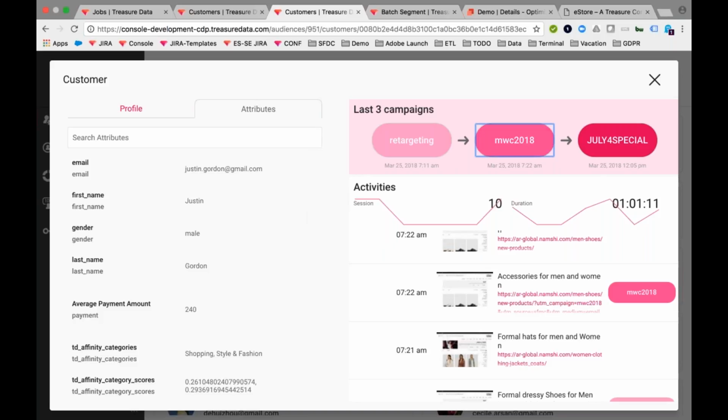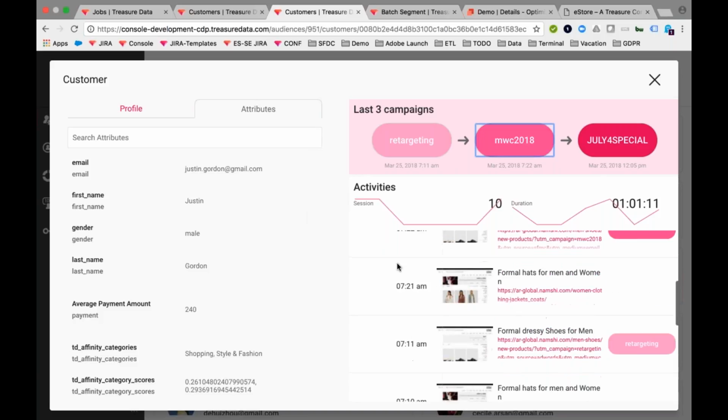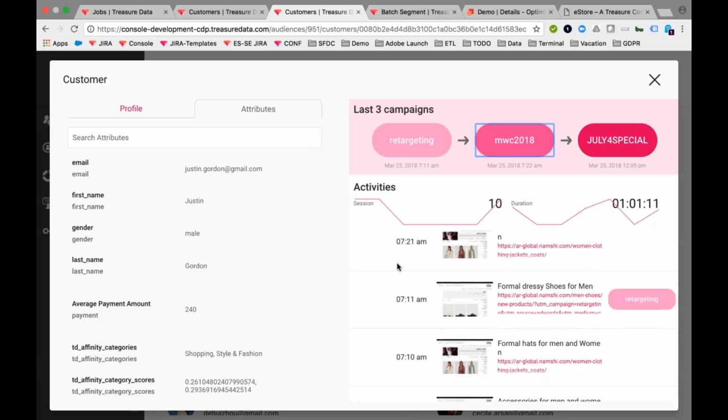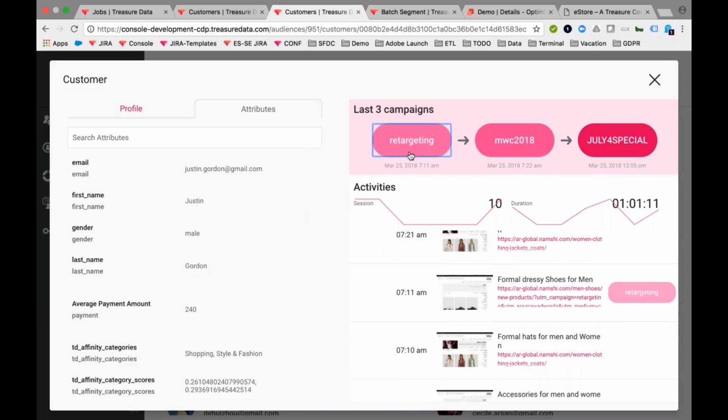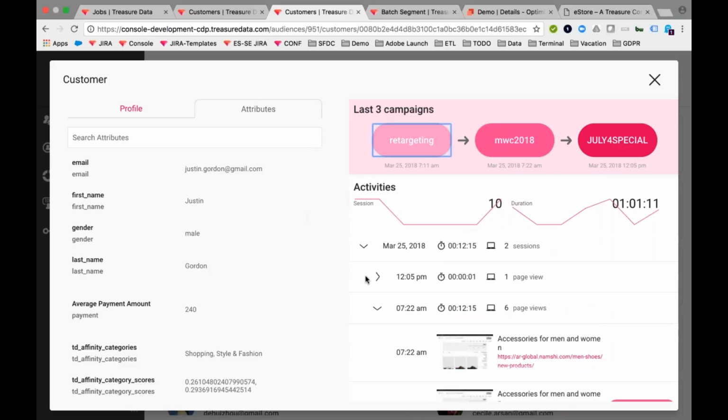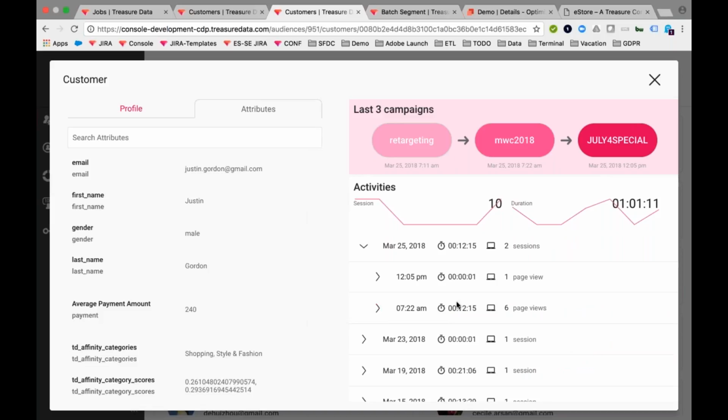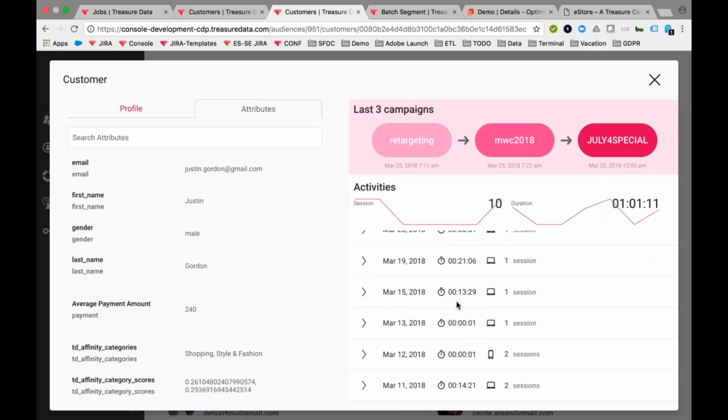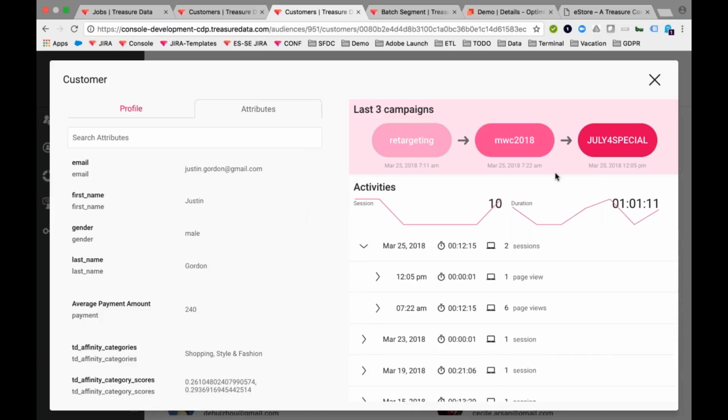And so what we can say is we can pull up and see what's going on. Maybe they click through. What happened in that campaign? Were they interested in us, or were they not? As well as their activities over time are right here. These are web activities, but you can have pretty much any type of activity that you feel like understanding. And so what you can do is pull up for each person what's going on with their specific campaigns. And so that's the customer view.